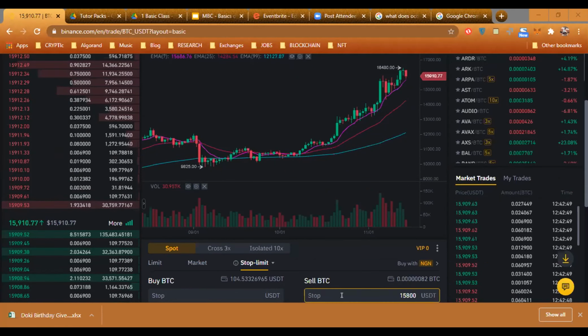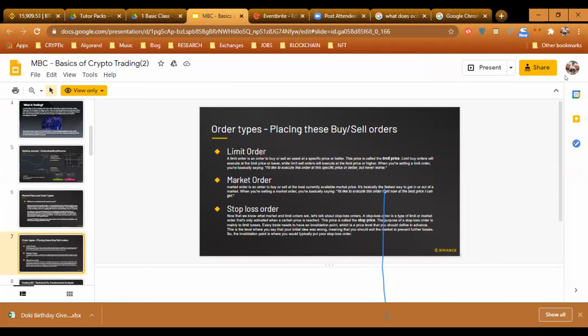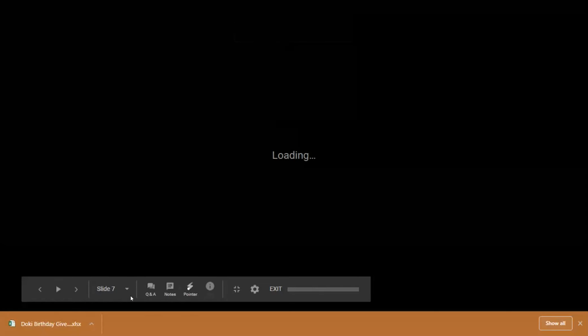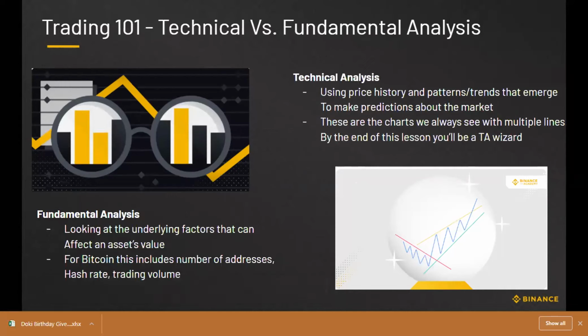So we understand what stop limits and limit orders and market orders are, right? Okay, so let's come back here. We've talked about this stop loss order. Now, technical analysis and fundamental analysis. A lot of people who've been trading, I'm pretty sure you've come across this before. Now, this is how to look at it. Just look at technical analysis like they have to do with maths. They have to do with 1 + 1 is 2, 3 + 3 is